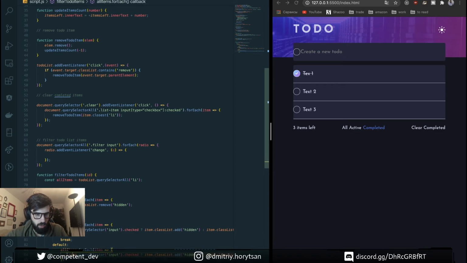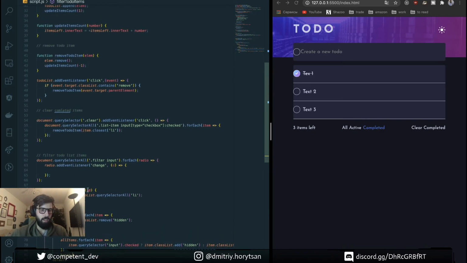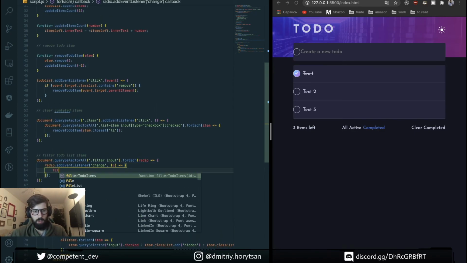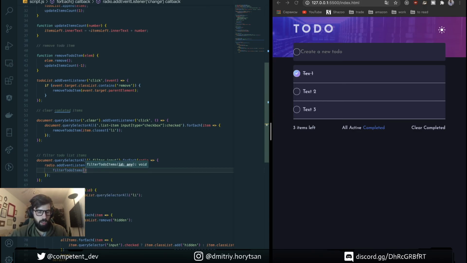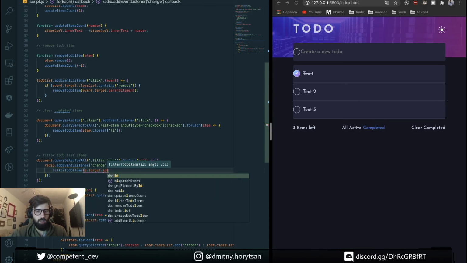So here we're just going to have this. And here we need to call our function filter to-do items, event target ID.